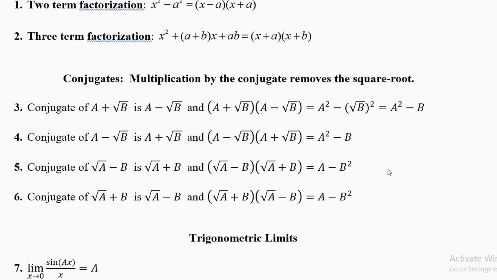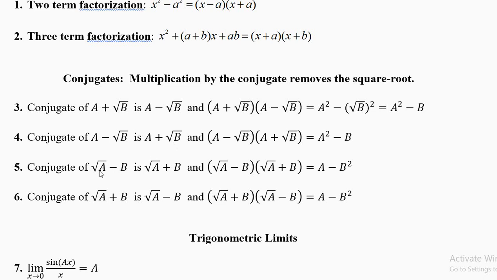The next concept we'll be using from algebra is the conjugate. The conjugate of a plus root b, square root of b, is a minus square root of b. This plus becomes minus, and when you multiply a thing with its conjugate, you get an expression without the square root. So multiplication by the conjugate helps you to remove the square root from part of the expression, not completely. The conjugate of a plus root b is a minus root b, and the conjugate of a minus root b is a plus root b. The conjugate of one is the other, and the conjugate of the other is the first one.